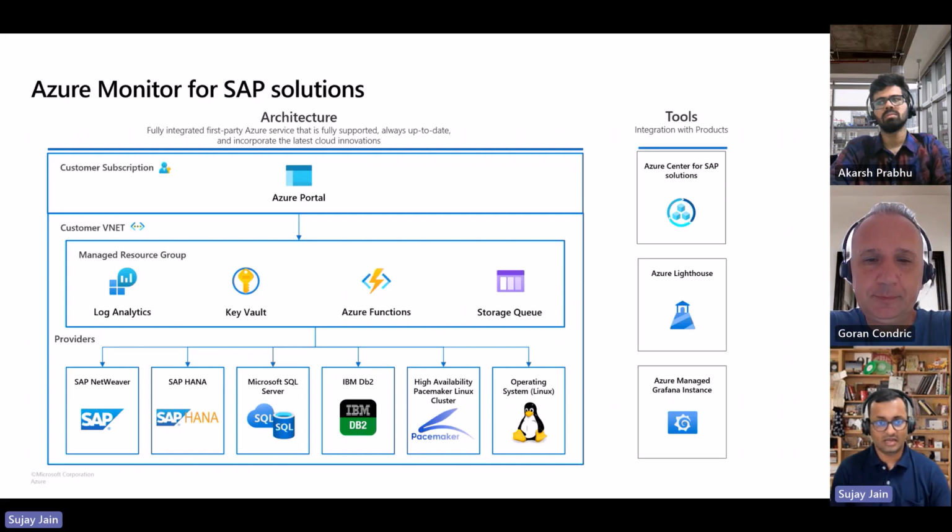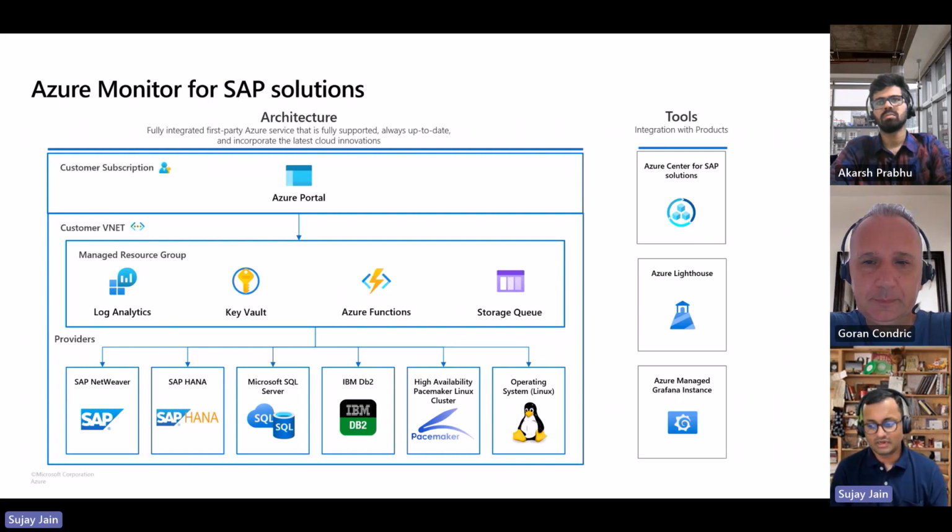And then with the kind of reliability that we get with the PaaS solution, it's a very turnkey solution. So customers really don't need to do anything. Once this AMS solution is set up, they are in business. They can start monitoring their resources. And again, we are not really building anything from scratch. We are using the goodness of all the components which already exist as part of Azure Monitor, the first party services which already exist.